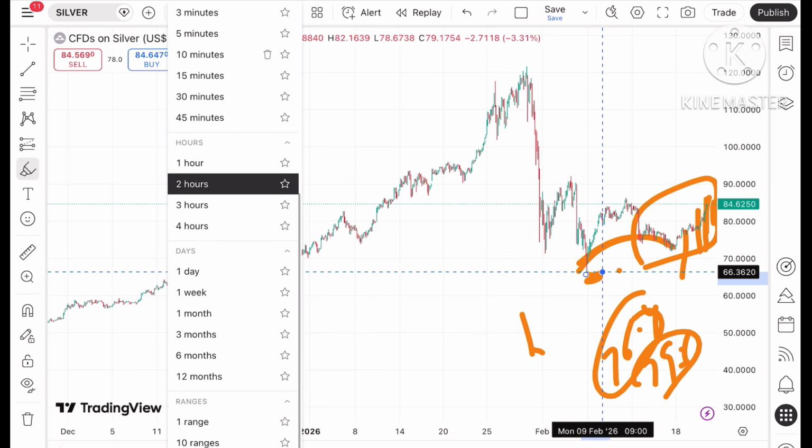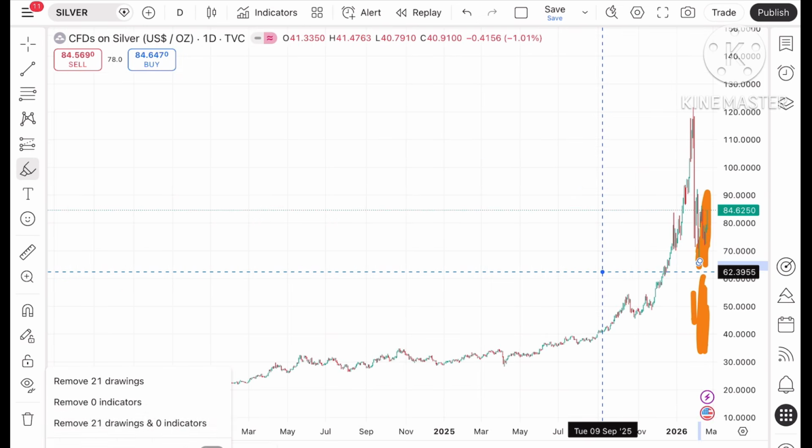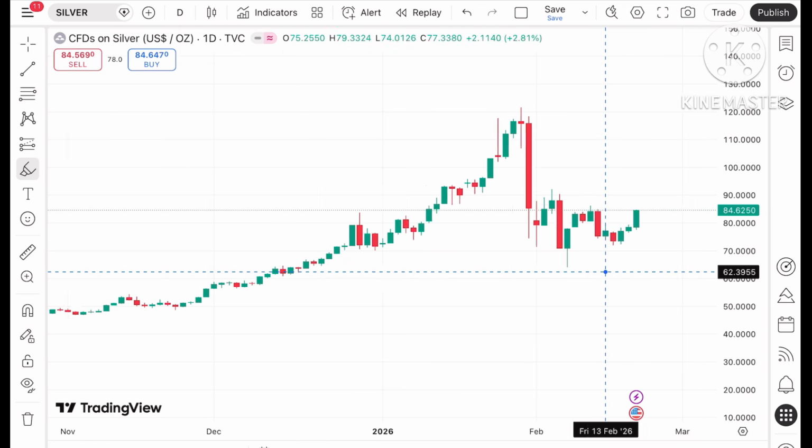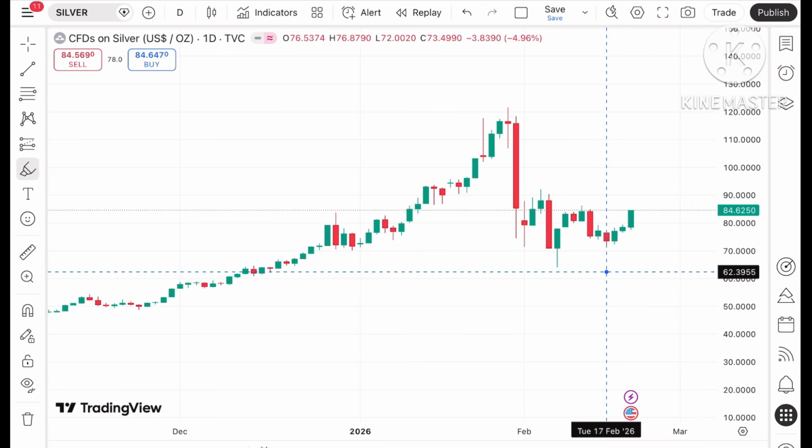Now coming back to the daily chart, so that you will understand how the price is moving on a daily basis. But before I make you understand how the technicals work in the daily chart,